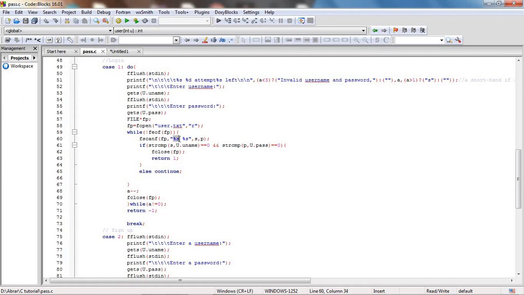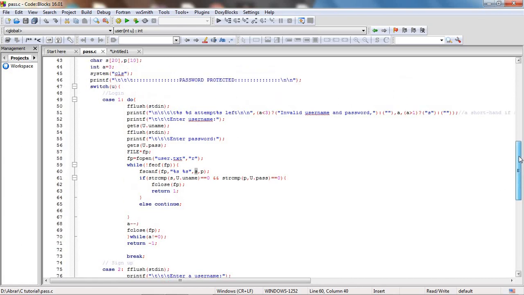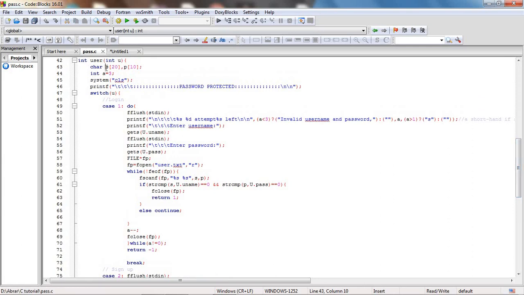So we scan the username first, and if you can see here, I have made a declaration of S and P. So I am assigning the username to S and the password to P, and then using